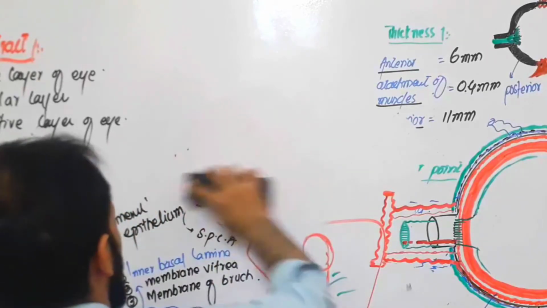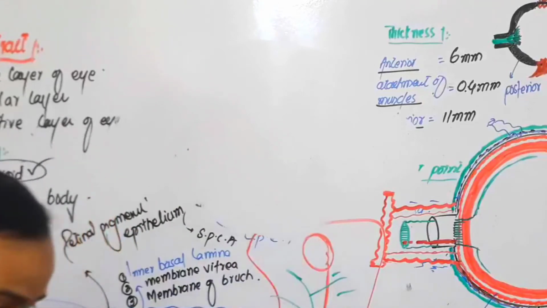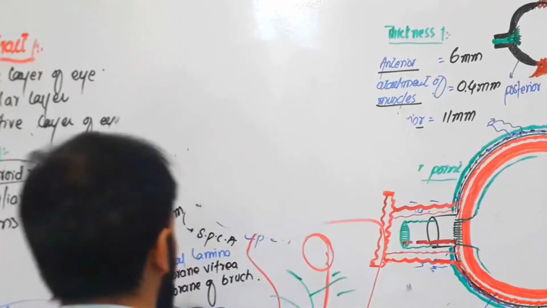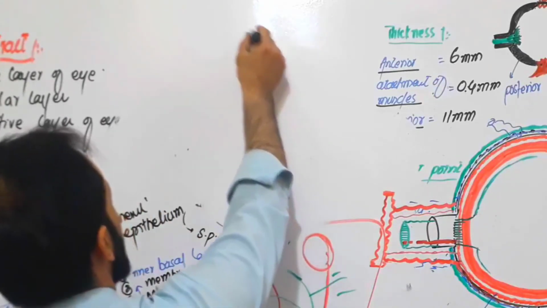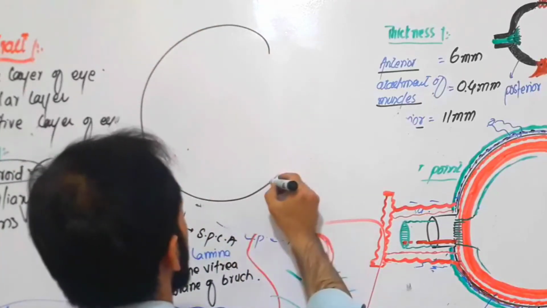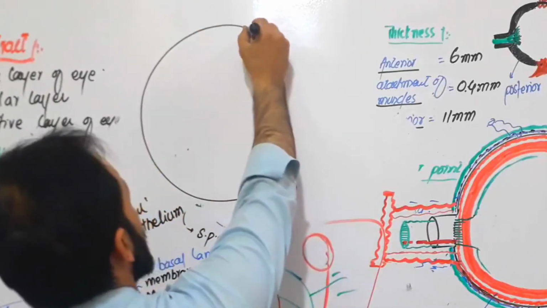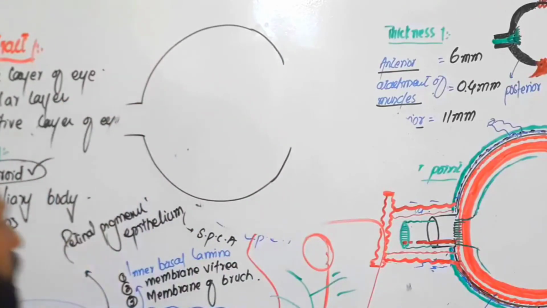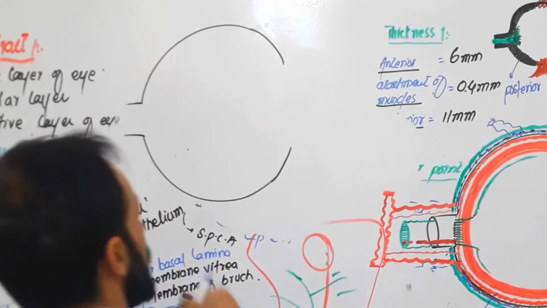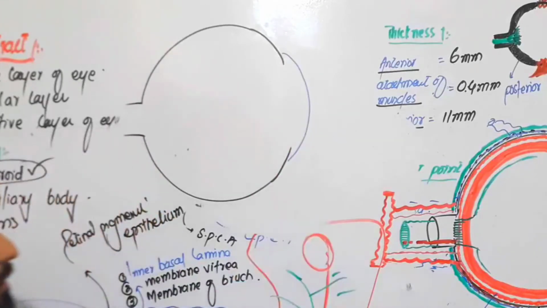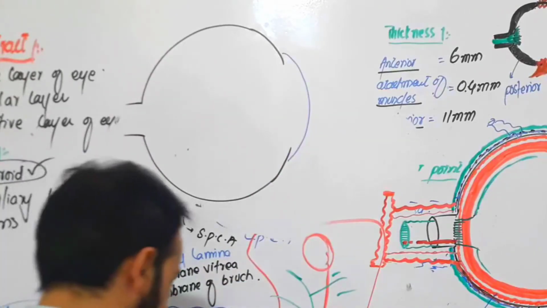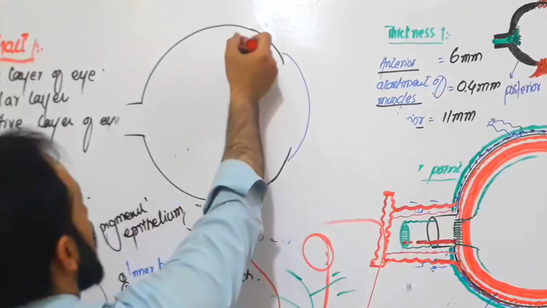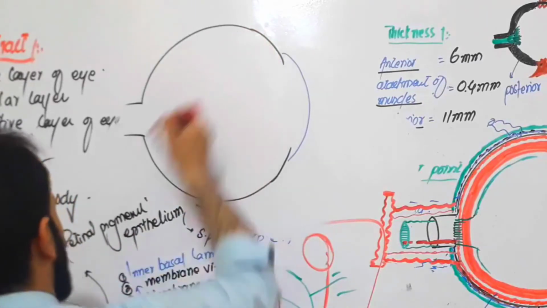learned up to now. So let's make another diagram and see that here. So look carefully, friends. What is this? We all know this is our sclera, right? And here is our optic disc, right? And here is our cornea, right? Then there is the second layer, that is called what?